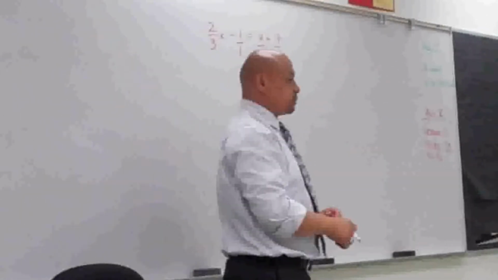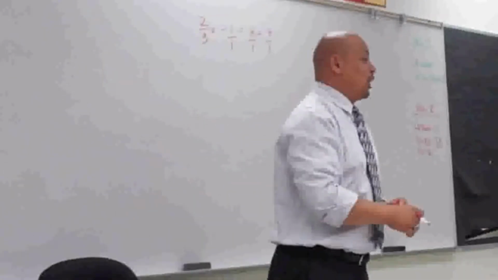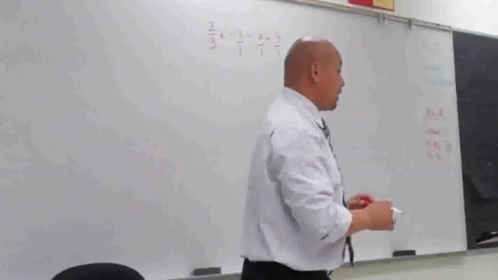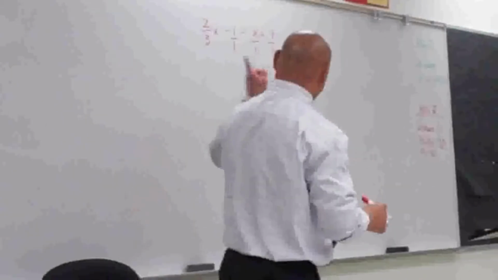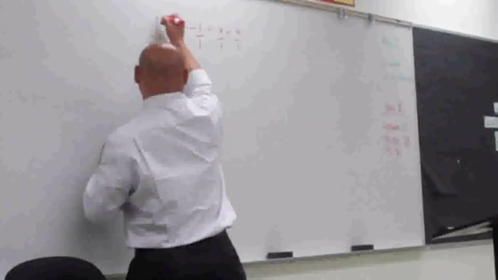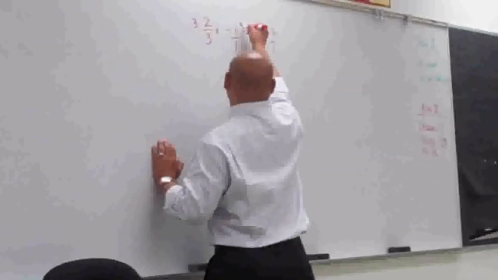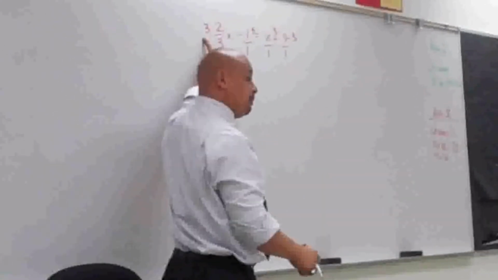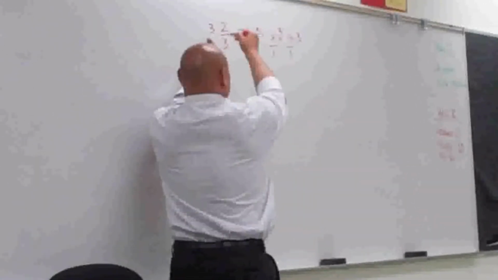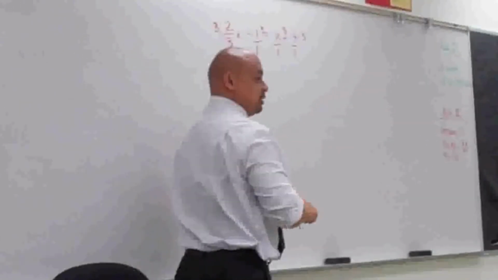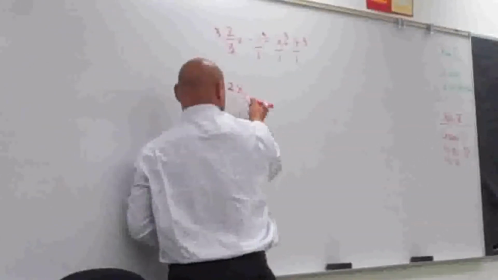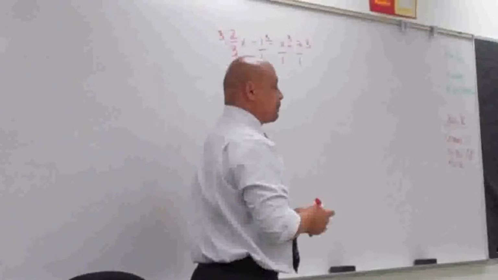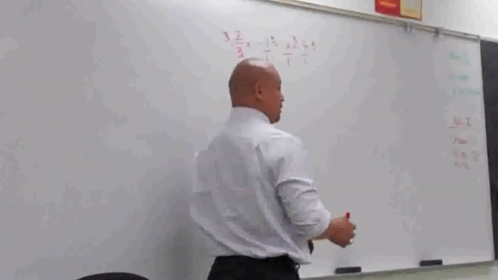Make sense? Okay. Common denominator is what? 3. If common denominator is 3, I can multiply everything by 3. Times this by 3. Times by 3 and times by 3. What happens to this problem? They cancel out. What are you left with? 2x. Fraction's gone, right? Multiply -1 times 3, which gives you